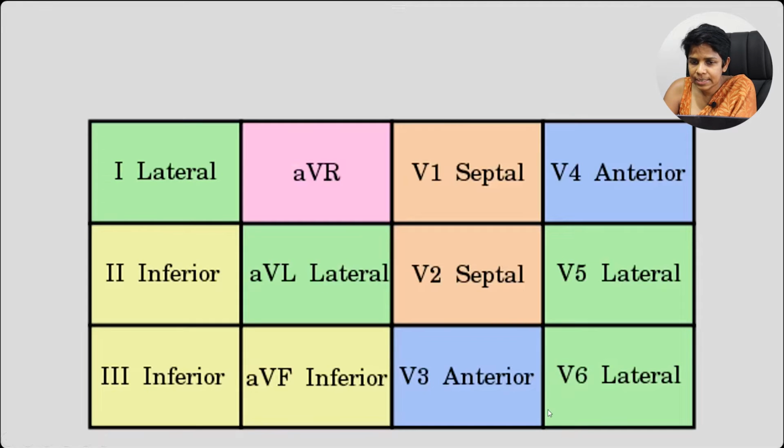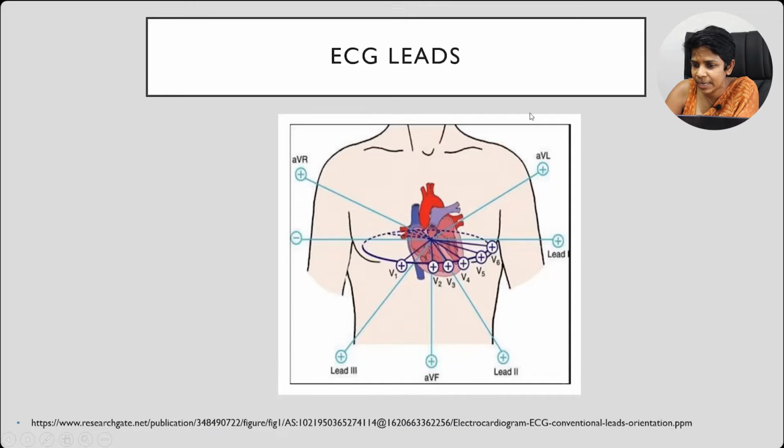Right. This is a summary of the leads and their area, that is, the electrical activity detected from which area of the ventricle. See, these leads 2, 3 and aVF detect the electrical activity of the inferior wall of the heart, and lead 1 and aVL lateral. If you can appreciate here, lead 1 and aVL are the lateral side of the heart, 2, 3 and aVF inferior, and